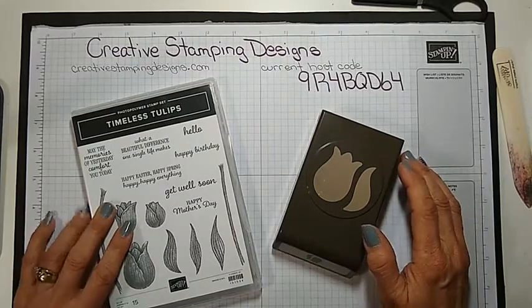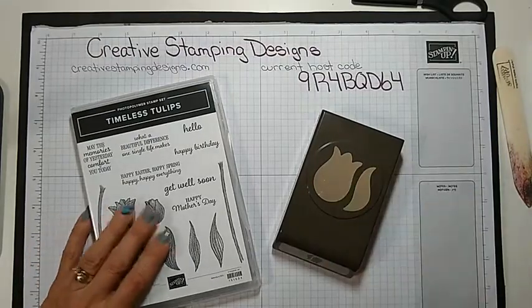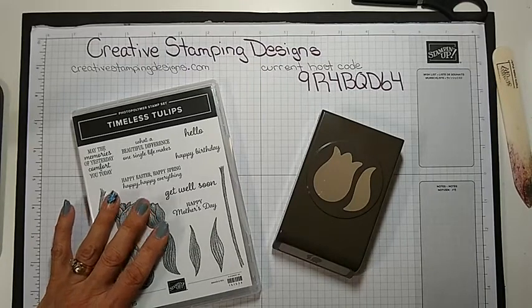Jamie, the card I'm doing today I realized is similar to one you did last week, but I did not realize until after I had it all prepped. Anyway,